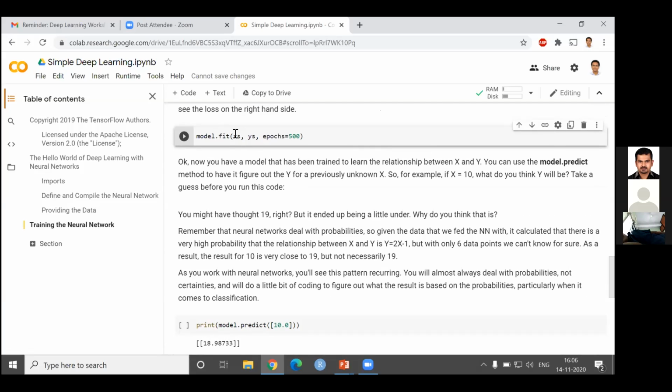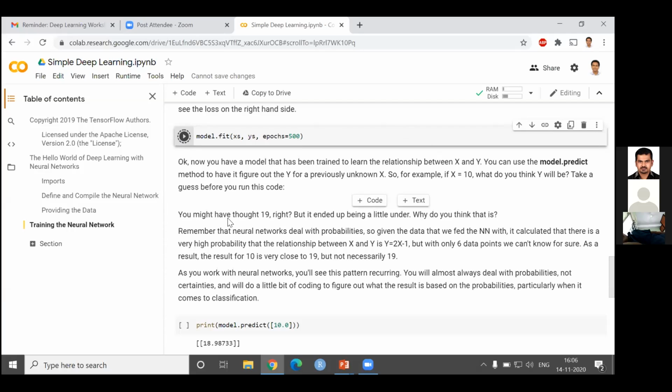So you are giving the input X and input Y, and you are trying to fit this data. What is the relationship between these data? In order to find that, we have already defined the optimizer and the loss function, and we say let us go back and forth 500 times, 500 epochs. Okay, so let me run this.